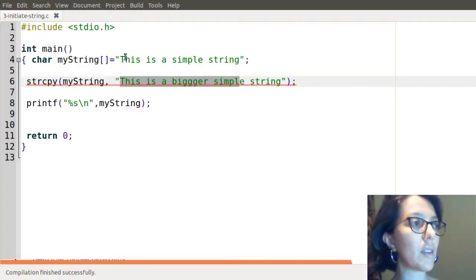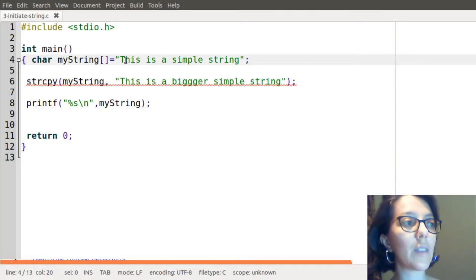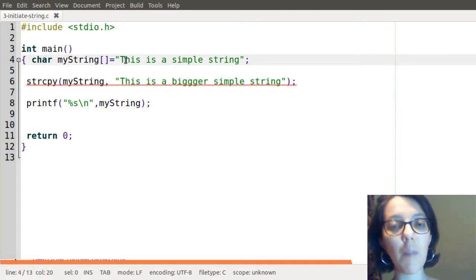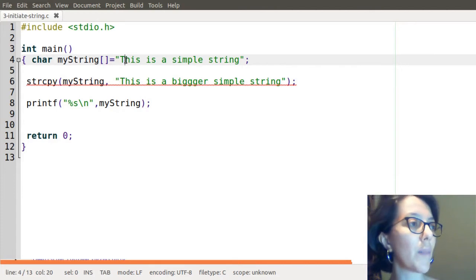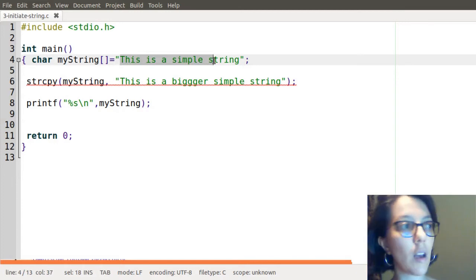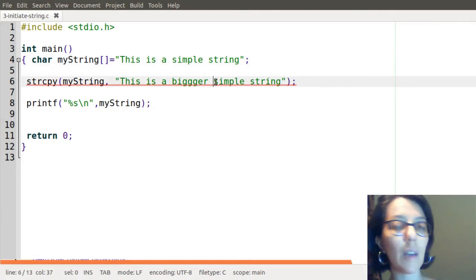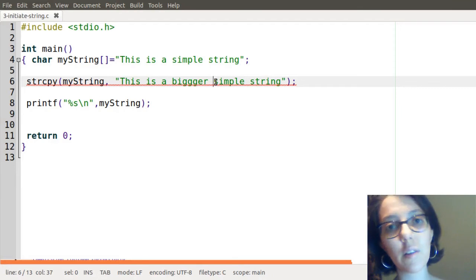What happened here is when I first gave this initial value to my string, at the same time I set its actual size. So since I'm using here a string with 23 characters, the length of the string, or the array of char, will be 24 characters. The 24th element will be for the final character of the string. This is why when I copy bigger strings, I will access a memory not allocated to this array, that will generate an error and may result in unpredicted